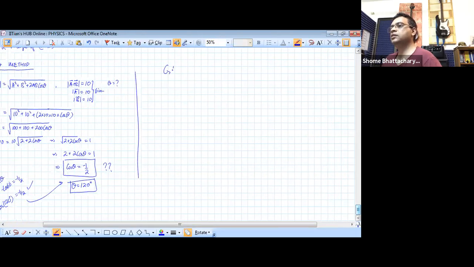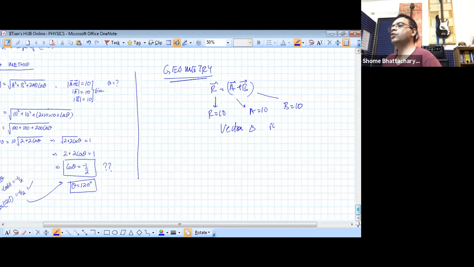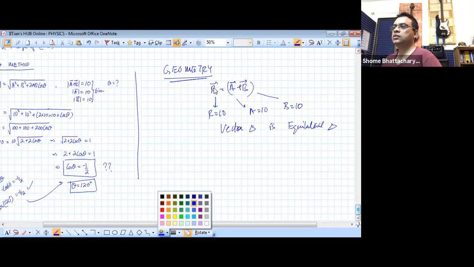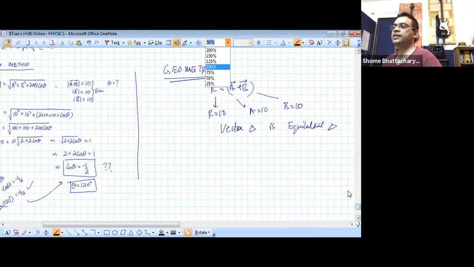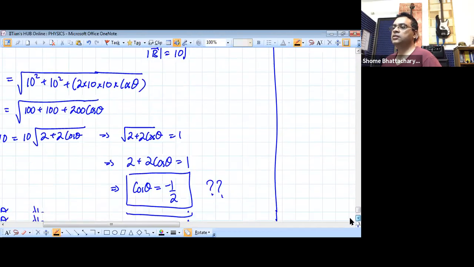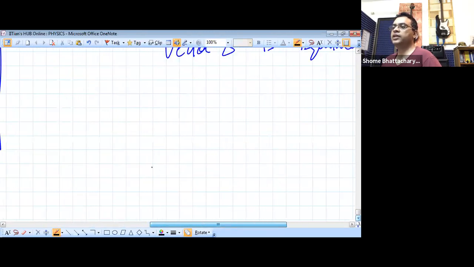If I go by geometry, now I can see that the resultant of A plus B is also 10, A is also 10, and B is also 10. That means the vector triangle is what kind of triangle? It is an equilateral triangle. Okay. So when I draw the geometrical solution of this, it should be like this. The only triangle that will satisfy this given condition, that A, B and A plus B are forming an equilateral triangle. This one, if this is A,